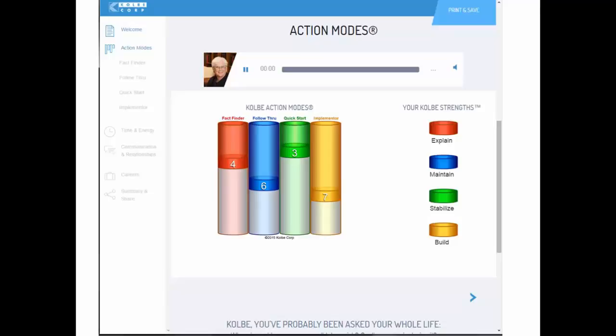It's also interesting to note, I think important to note, that in that navigation, there are parts that they can't get to because we really do want people to understand their result better and have it stick with them better. The first time they go through it, they have to walk through the beginning parts, especially of the result, in a prescribed order so that they get a full understanding of their strengths in Fact Finder, Follow Through, Quick Start, and Implementer. They can always go back,